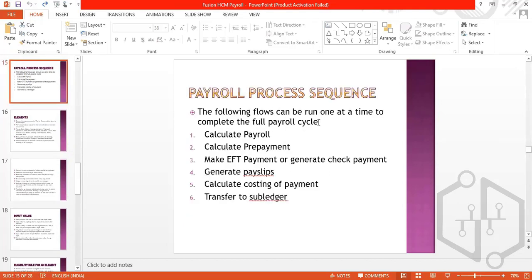Payroll process sequence: the following flows can be done at any time to complete the full payroll cycle. Calculate payroll, prepayment, make EFT payment, generate pay slips, costing of payment, and transfer to subledger. So all these things we are going to think